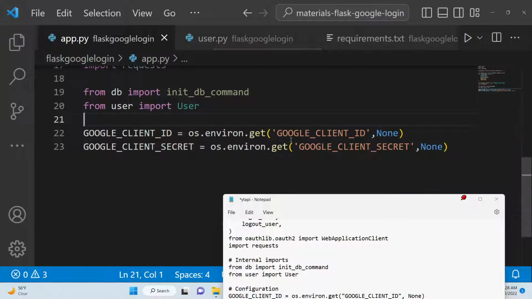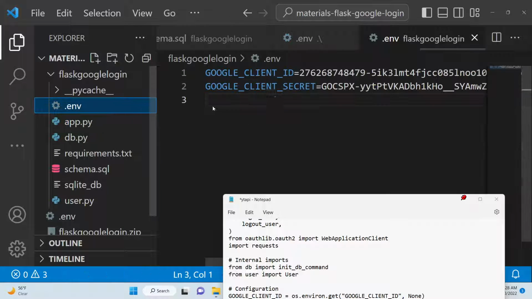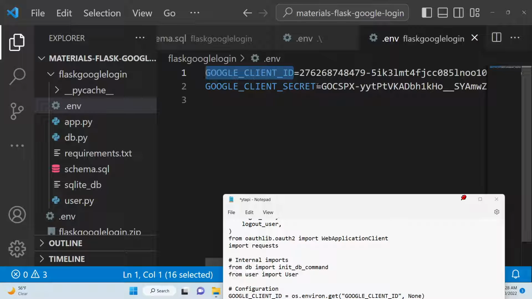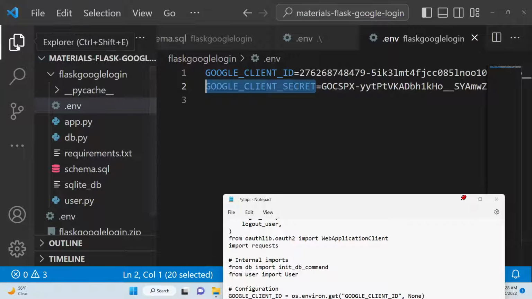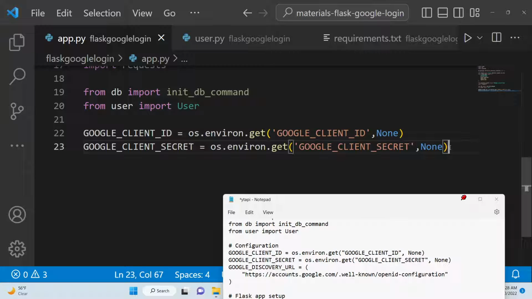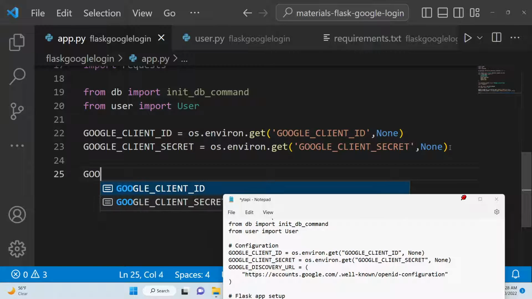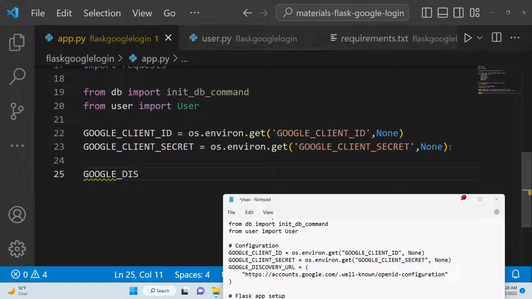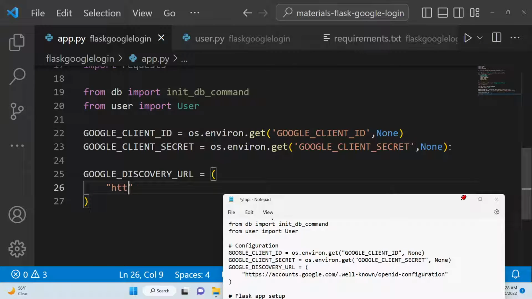So this needs to be the same, guys. If you see inside the env file, this needs to be the same: Google client ID, client secret. These keys need to match. So we are fetching it from the environment file. After this, guys, we need the third option, which is the discovery URL. This is necessary. So this will be nothing but a static URL that we need to pass here, which is